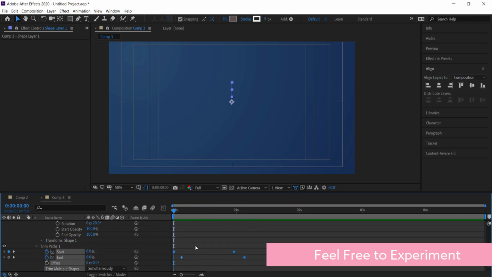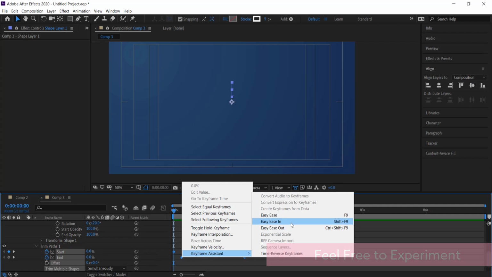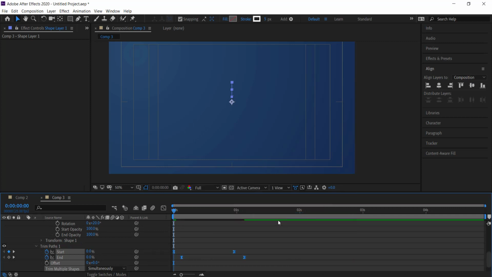So the next thing that we can do to these keyframes is we can go in here, right click, and make sure that they are easy eased keyframes. And so I'm just going to move this down. So 1 second is going to be the end of this burst. And what this does is it smooths out the animation, but we're going to smooth it out even more